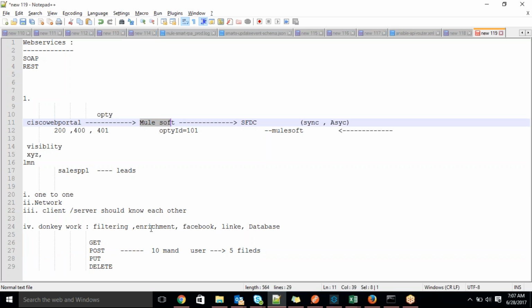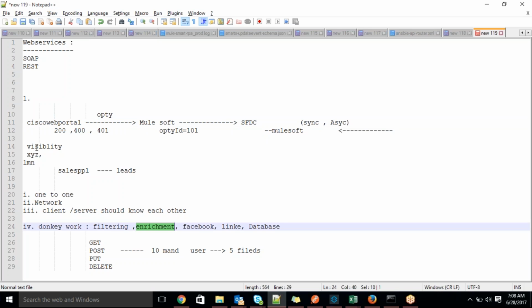This guy does the enrichment. He is sending only 5 fields, so for the remaining 5 fields he needs to talk somewhere else. He needs to talk to some database, or based on his 5 fields, talk to some other third party. The information might be maintained in some database, so in the middleware we need to talk with the database. We have to get the remaining 5 fields, so we need to do enrichment.